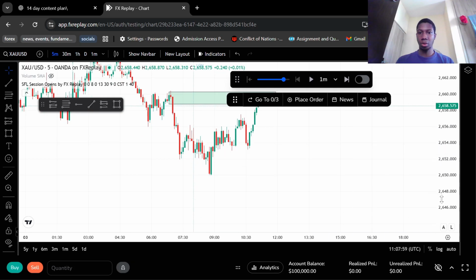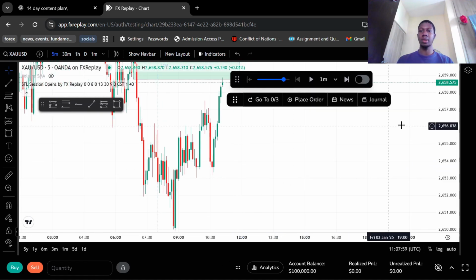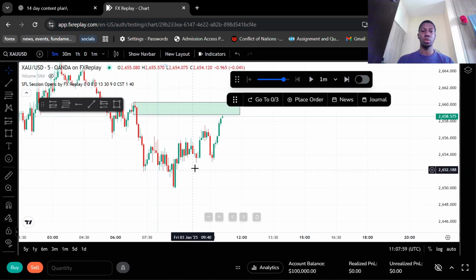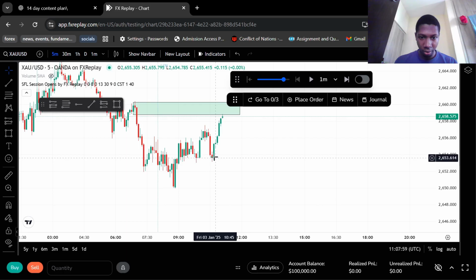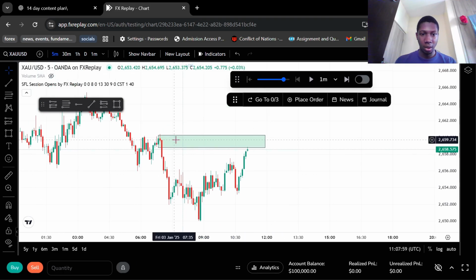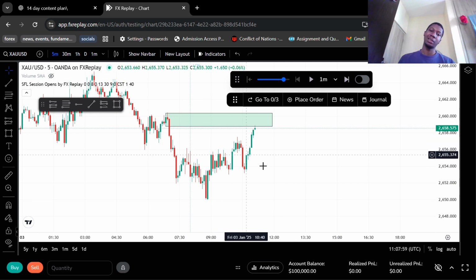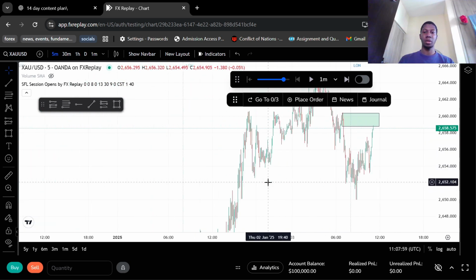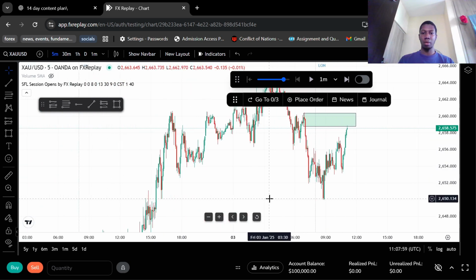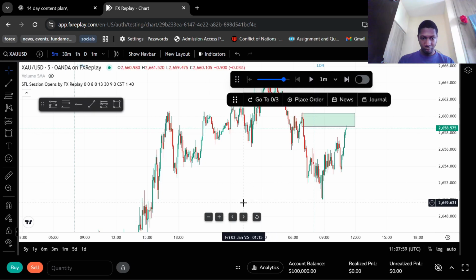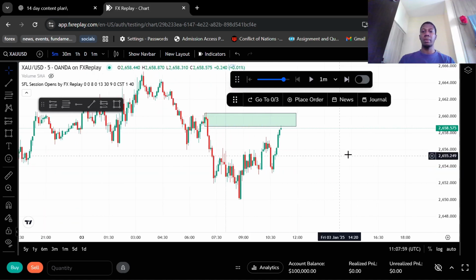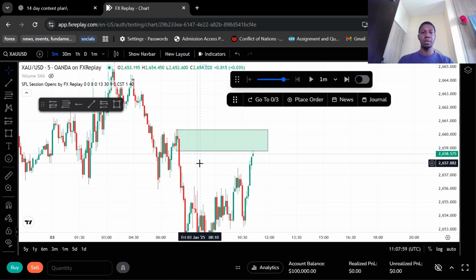Okay, so our zone has started, but I don't like this level. I don't like the way it came up to our zone. We didn't break this low. I'd be cool if we broke this low, then went up, but I would say I'll still take it because this double bottom is not really a good sign. We broke below this external low, but we're not reacting to demand though. I'll take my chances on it. Now this might lose, but